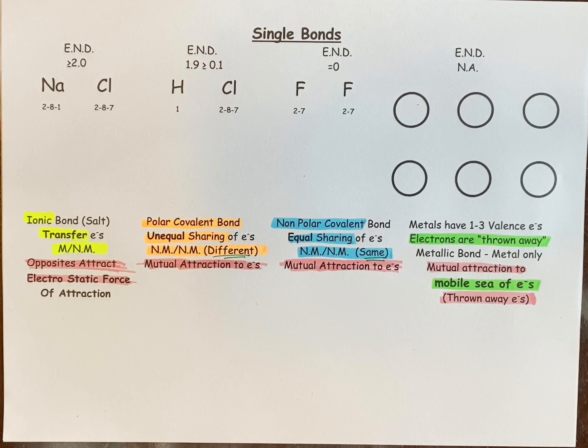Today we're going to be drawing single bonds for ionic, polar covalent, non-polar covalent, and we're going to do some metallic bonds as well. So we'll start, what I would recommend is if you're doing this on a blank sheet